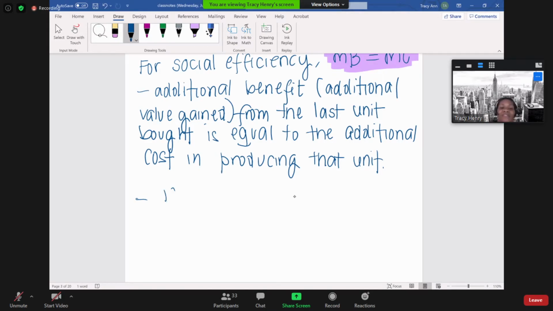So if the marginal benefit is greater than the marginal cost, then whatever you're gaining, like if I'm spending $5 for this, the value that I'm gaining from it is greater than what it's costing the firm to produce it. Then not only are we not at an efficient point, but you would want to increase the quantity so as to decrease that marginal benefit and get to equality. So if your marginal benefit is greater than marginal cost,